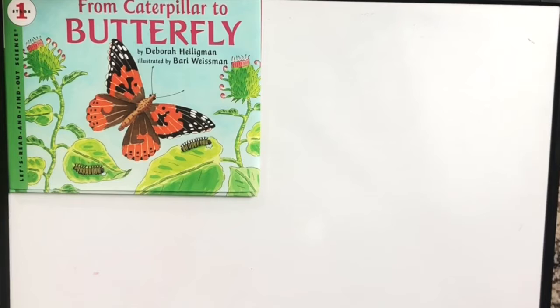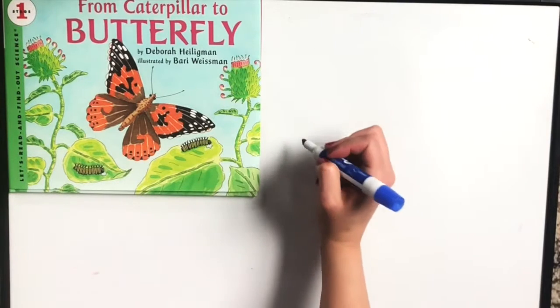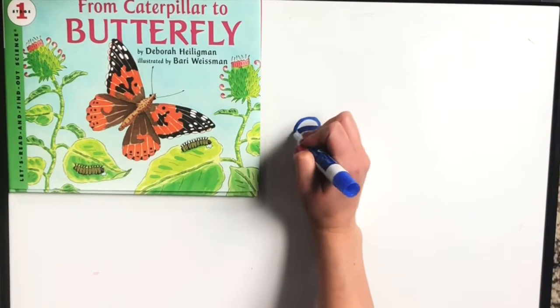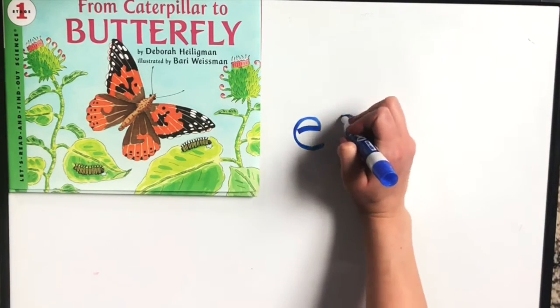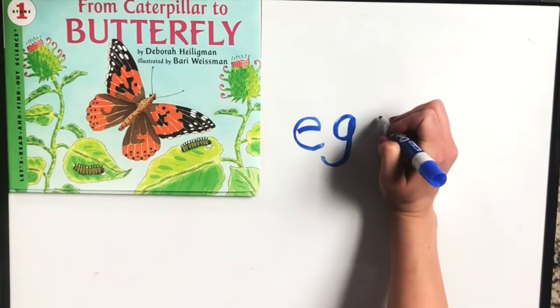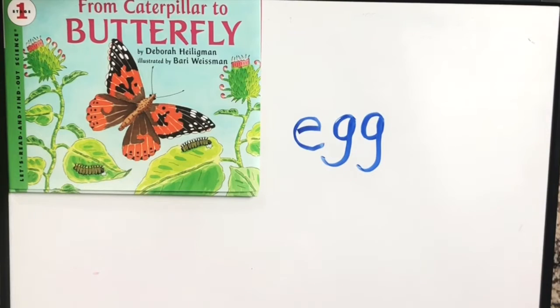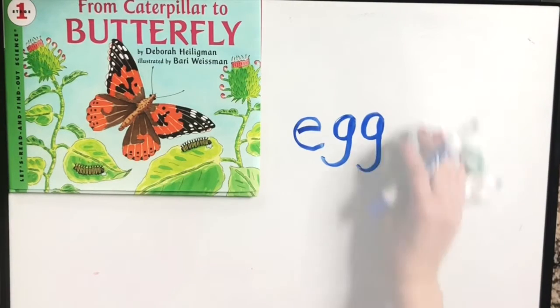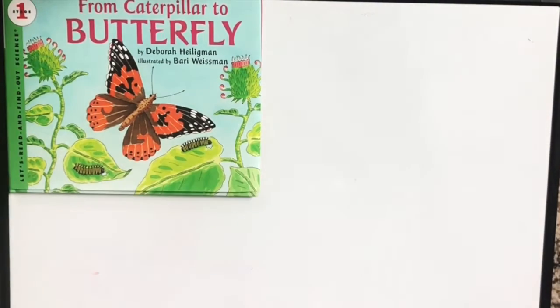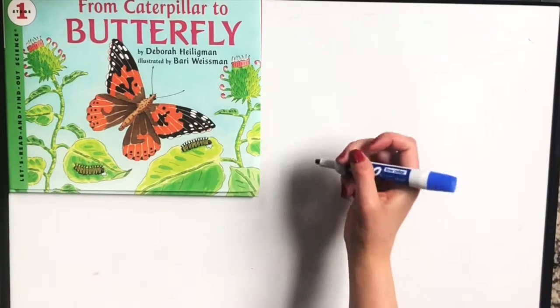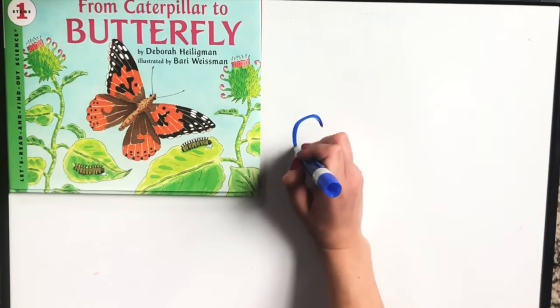And we're going to start with the first stage, which is when the mommy butterfly lays her egg on a leaf. So we're going to start with the word egg. E-G-G. Egg. Take your time, friends. The next word that we're going to write is caterpillar, because once the egg hatches, a